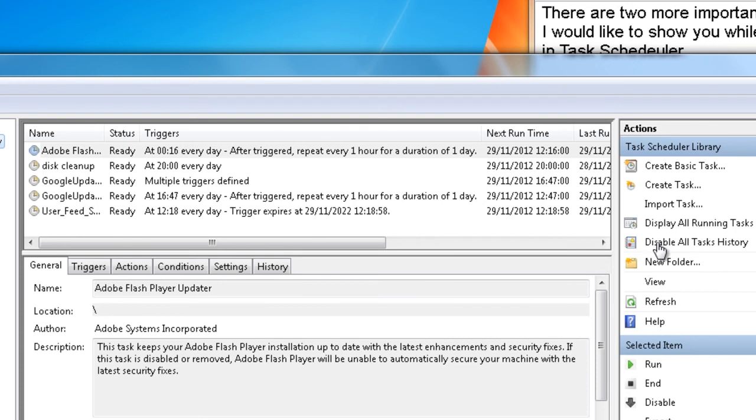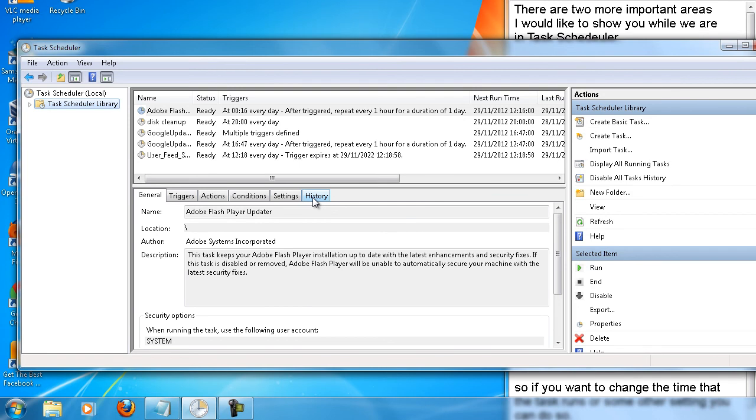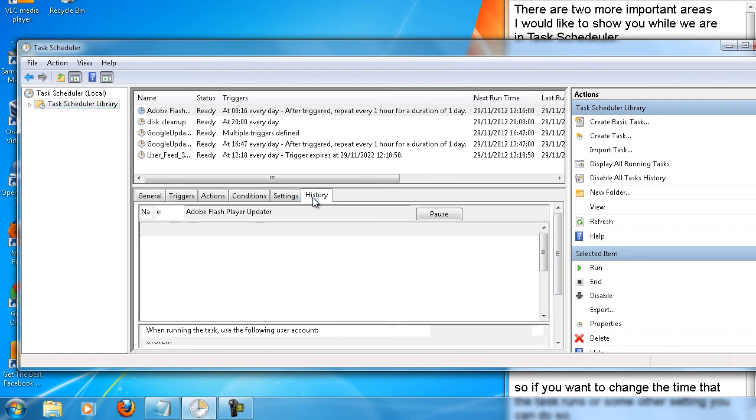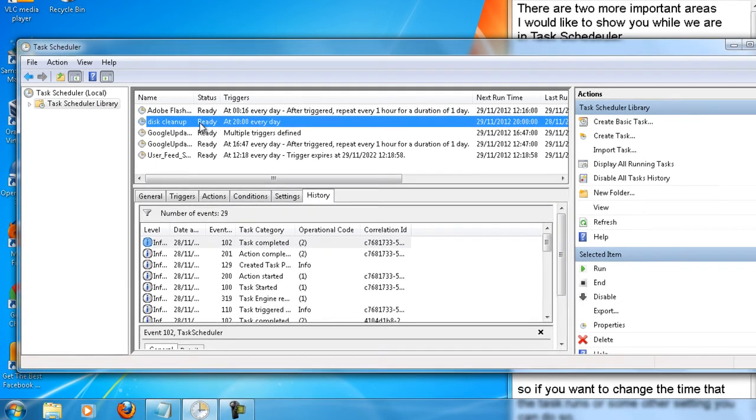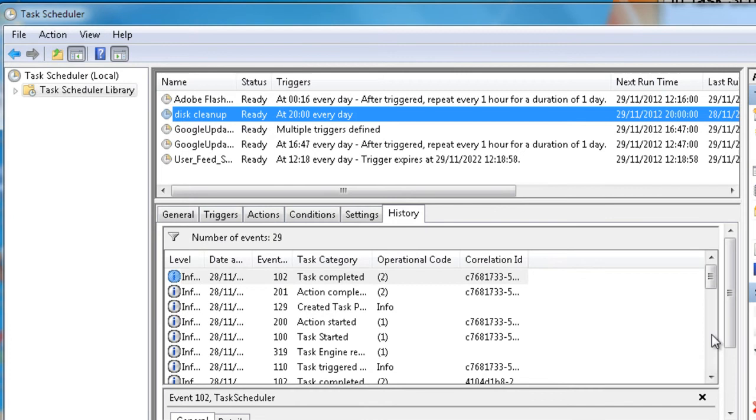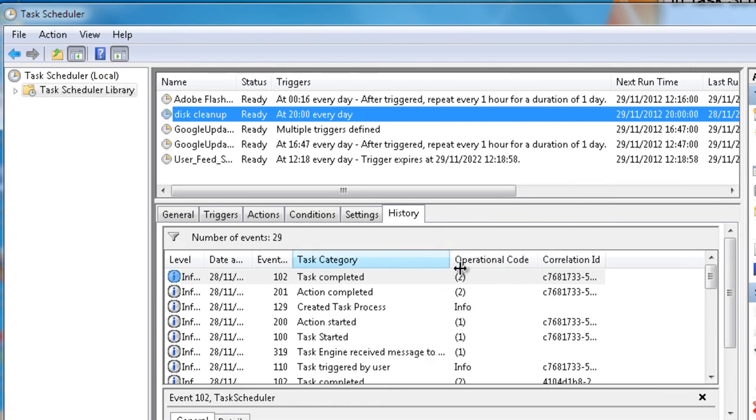Now if you ever want to disable it, all you have to do is press that button again, this guy here. So now you see the history, it changed, history disabled, it changed to history. So now if we go up to task disk cleanup, click on that, and you'll see the history here. So it says completed task, action completed,